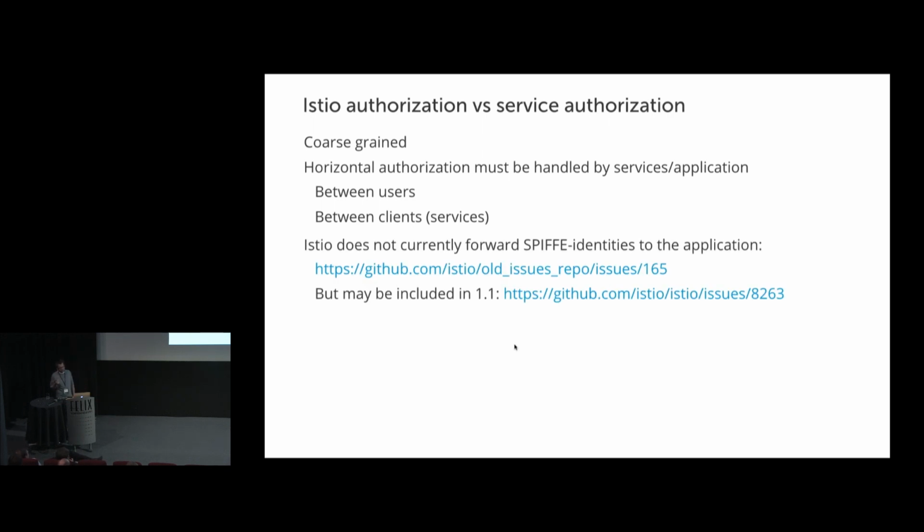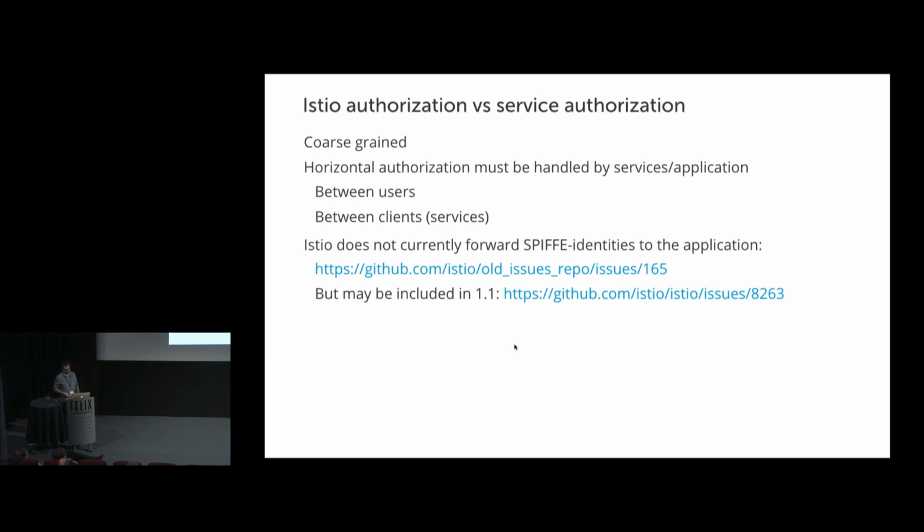And there's also some other thing that's a bit annoying at the moment, and that's Istio. It doesn't forward the SPIFFE identity to the container as such. The authorization stops in the proxy. So the application itself has no way of knowing which service was calling it. If this was, let's say, a search index, and you wanted to have different search indexes for different microservices, there's no way for the pod itself to know which service is now calling